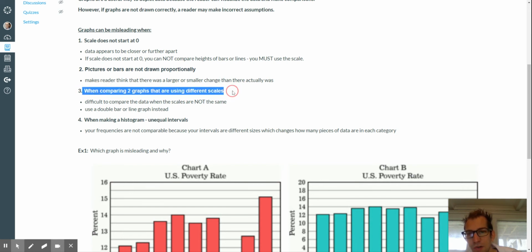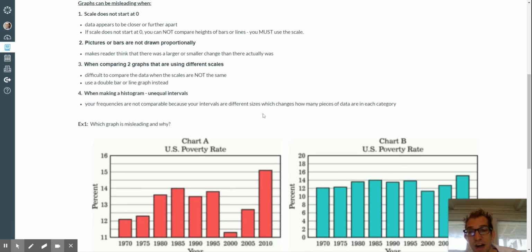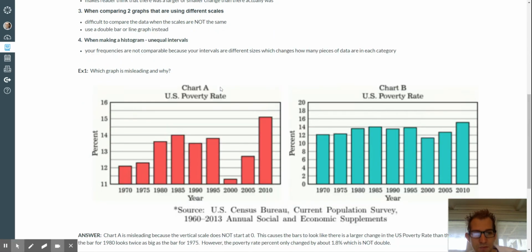Third, when comparing two graphs that are using different scales, it's difficult to compare the data when the scales are not the same, and you would want to use a double bar or a line graph instead. The strength of those is that with a double bar or a line graph, you have to use the same scales. So for example, here,